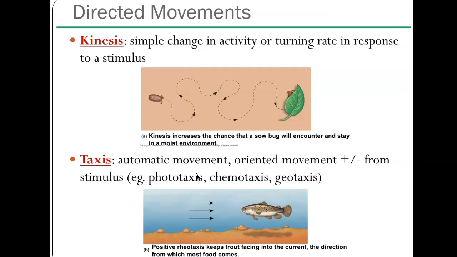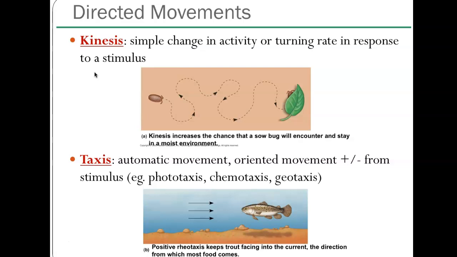All right. Some other behavior words are kinesis and taxis. You guys remember this from the first week of school when we did the pill bug lab. Kinesis is going to be random movement in response to a stimulus. My example for kinesis is if there is a congregation of roaches in a room and I flip the light on, the roaches are going to scatter in all different directions. They're not really going in any one direction,